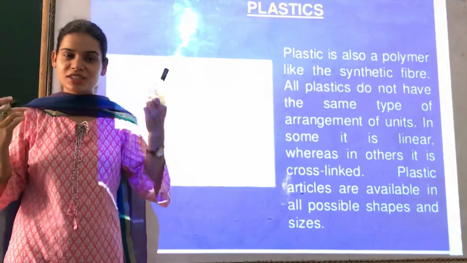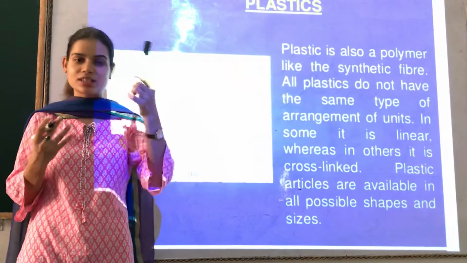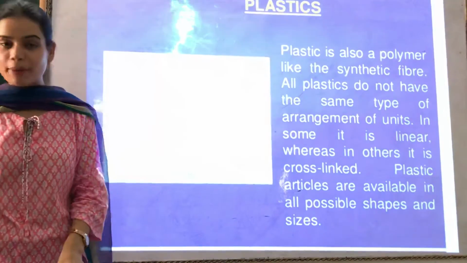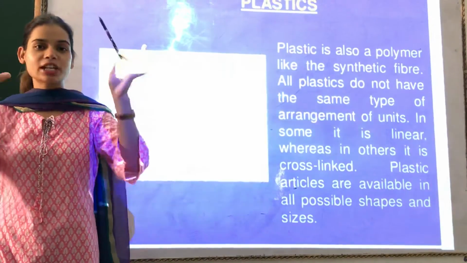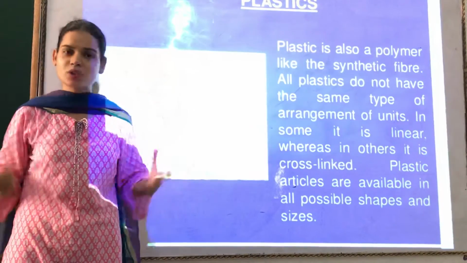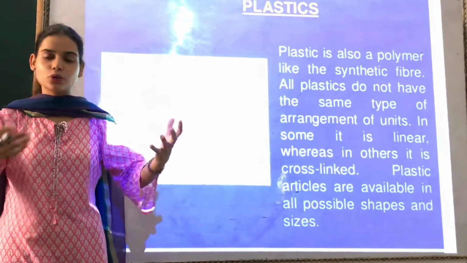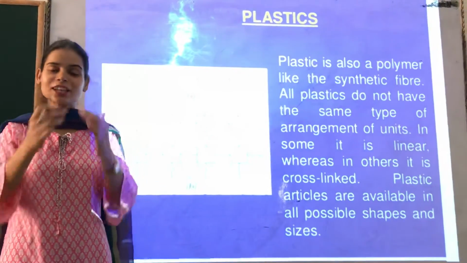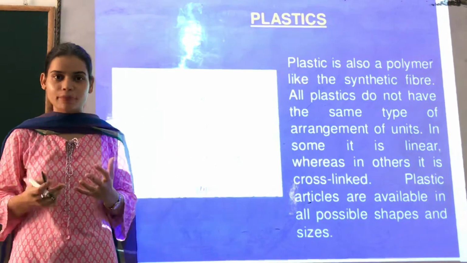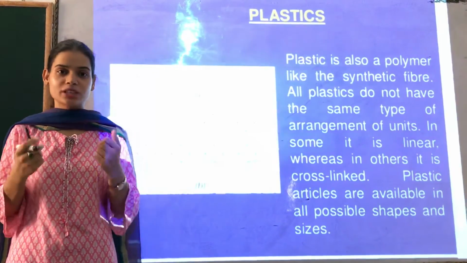Right now I am standing here. The marker which I am using is also made up of some kind of plastic. The pen that you use to write is also a type of plastic. Your mother goes to the market, she carries fruits and vegetables, and you like kurkure and all these things, though they are not good for your health, but you like it. So they come in plastic wrappers. We cannot imagine our life nowadays without plastics.